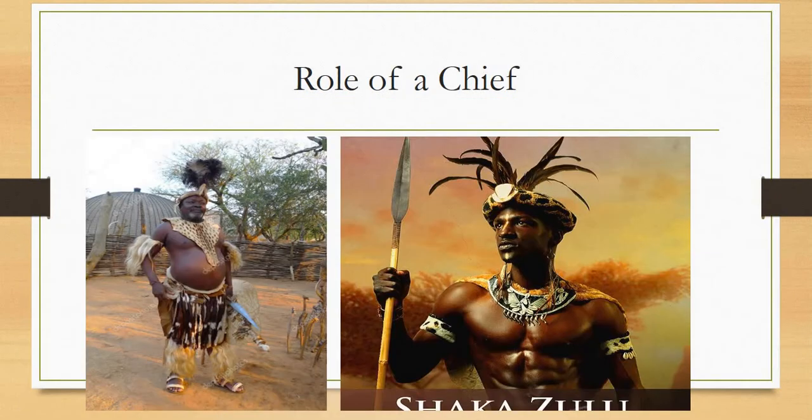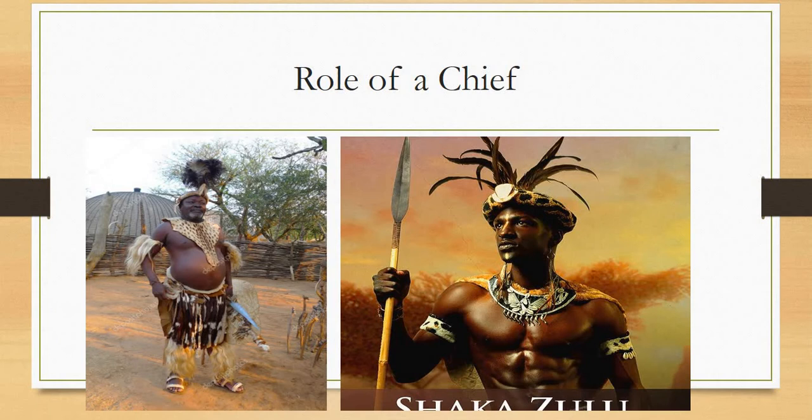As I said, with the homestead, it's an elder that is in charge of the homestead. But all the homesteads together make up the village, and the person who's in charge of the village is the chief. Now, the chief is elected by the elders of each homestead, so they'll all come together and have a meeting, and in that meeting they will elect the chief. Now, the chief's job is to make sure that the land is distributed evenly and fairly, and that all the resources are used wisely and not all used up. So just like with the San and the Khoi, they would make sure not to use everything so they could sustain themselves and make sure that there was enough for the future. This was a similar thing with the chief, and he had to make sure that this happened.